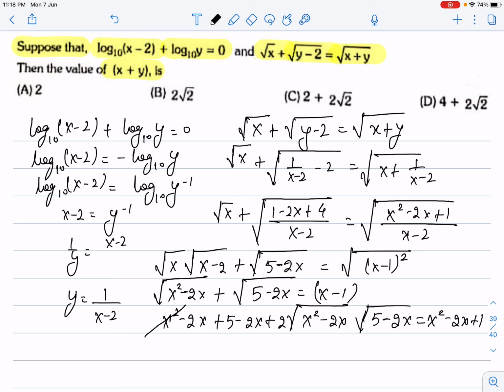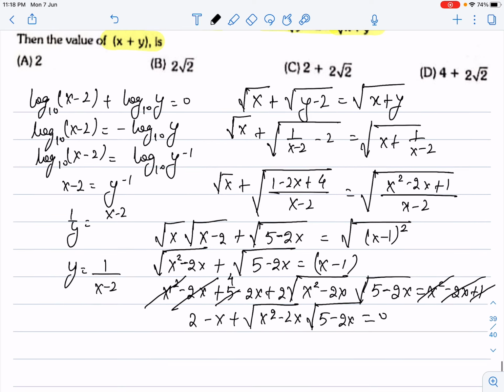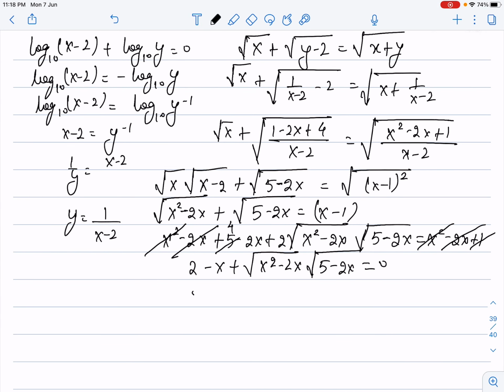So x square and x square will get cancelled, minus 2x and minus 2x will get cancelled, 1 will cancel against the 5, and 4 will remain. So we have to divide it by 2. So 2 minus x plus root over (x square minus 2x) multiplied by root over (5 minus 2x) is equal to 0. Now let's proceed further. 2 minus x is equal to minus root over (x square minus 2x) multiplied by root over (5 minus 2x). Squaring on both the sides we get x square minus 4x plus 4